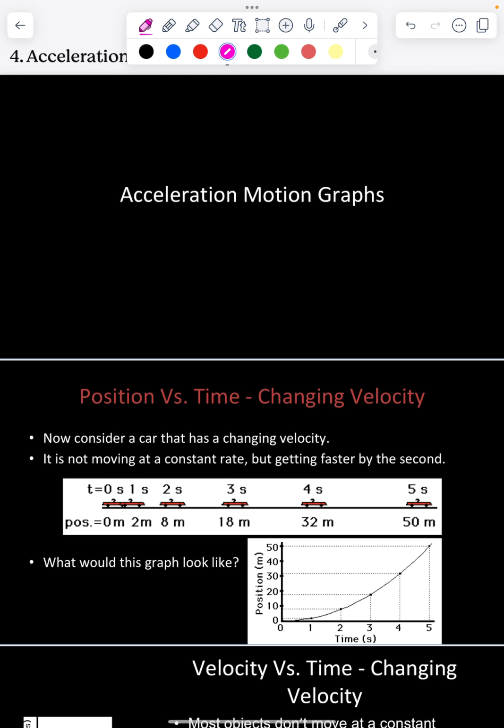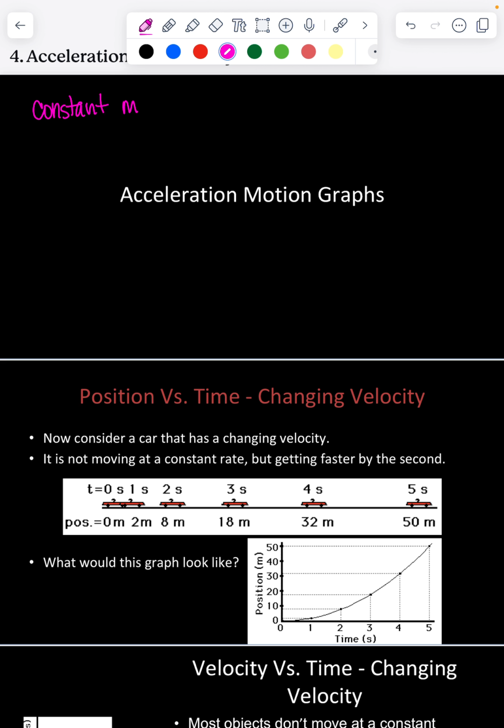All right, let's get excited about accelerated motion graphs. Yay! It's going to be so much fun. Okay, so before we start on accelerated motion graphs, I do want to take a second and review constant motion